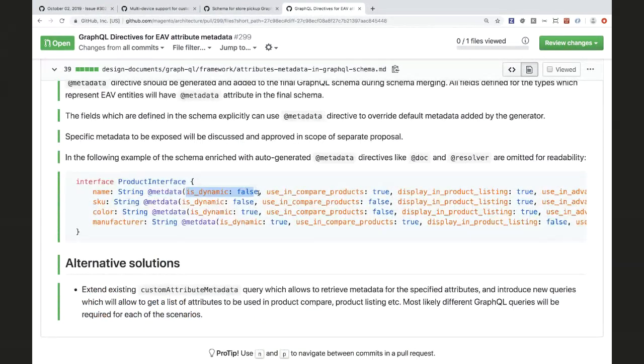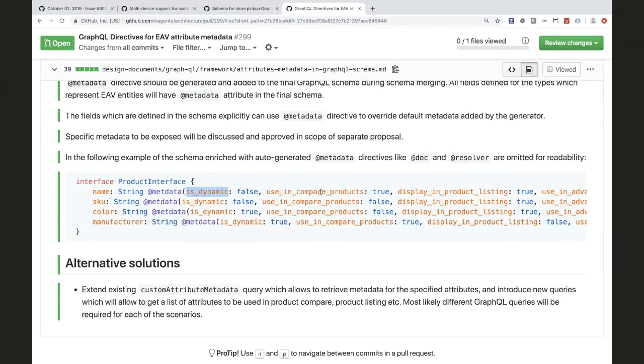And these arguments can be, I would say, optional, and they will represent specific properties of the AV attribute. So, is this attribute dynamic or is it static? It may affect rendering on the product details page, let's say, to which tab a specific attribute should be placed. Is this just general characteristics, or is it a detailed view of product